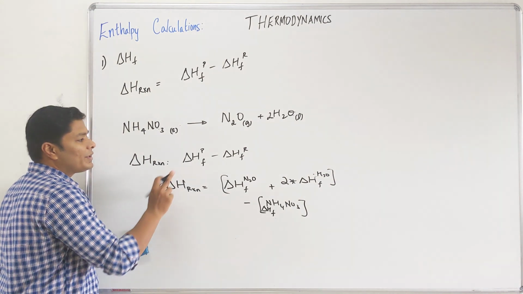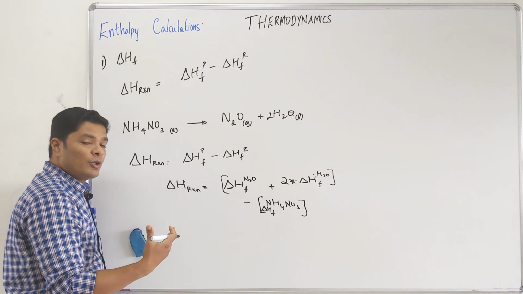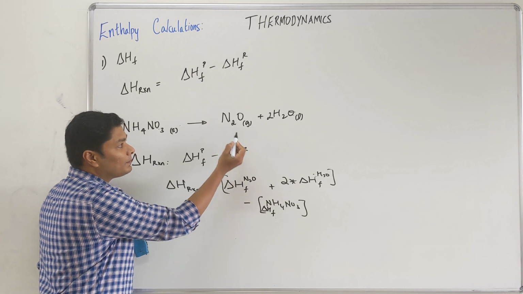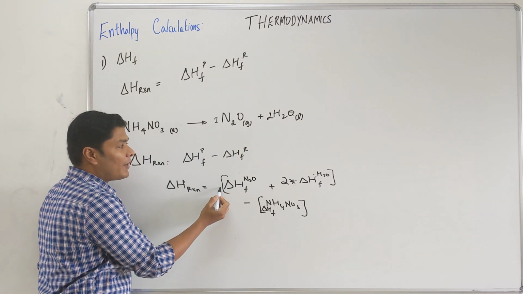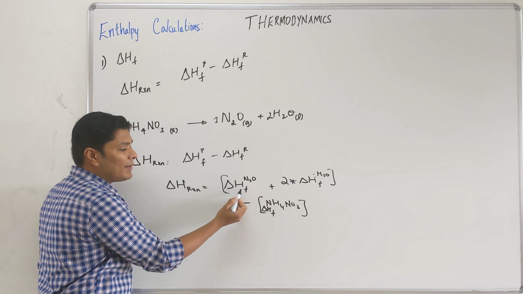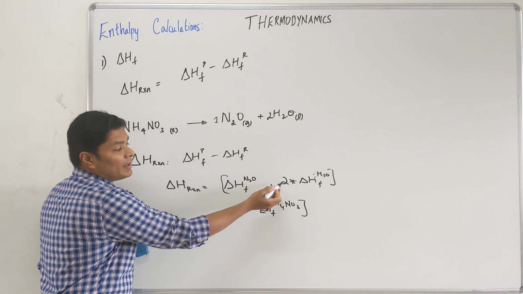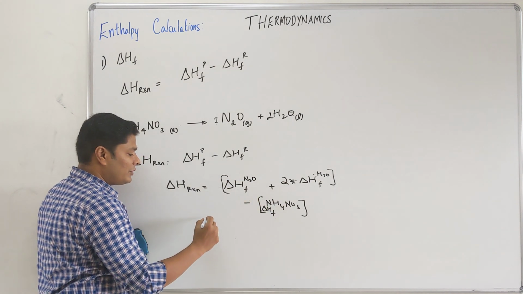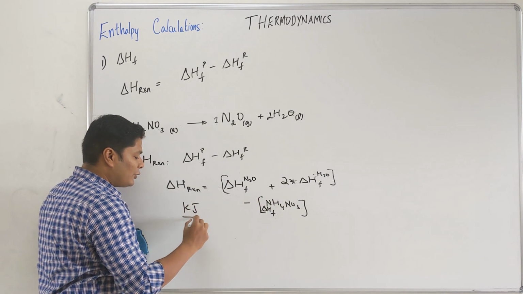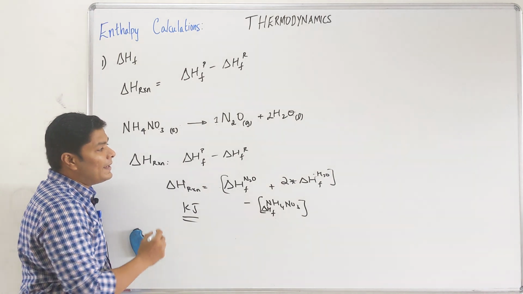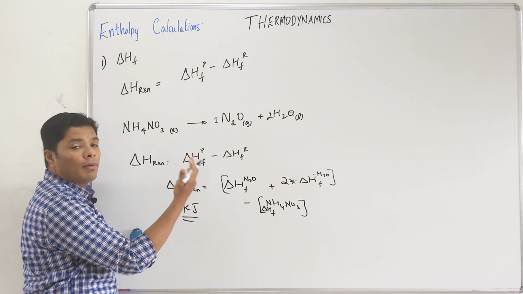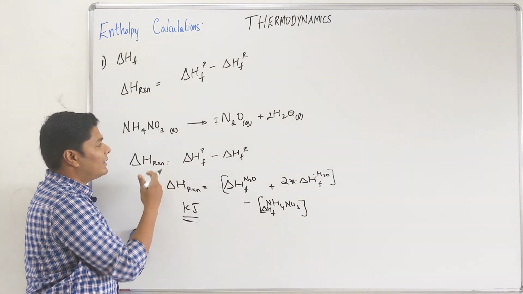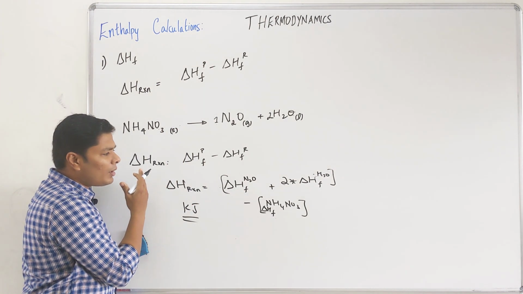Now normally units of delta H are kilojoules per mole. So this is actually you are multiplying by 1. Okay, here there is 1, multiply by that 1, 1 is moles. So 1 mole times kilojoules per mole is kilojoules. This is 2 moles times kilojoules per mole is kilojoules. So everything will be in kilojoules. So this is going to give you the answer in kilojoules. Okay. So now this is straightforward. You are calculating formation enthalpies and then using those formation enthalpies to calculate enthalpy of a reaction.